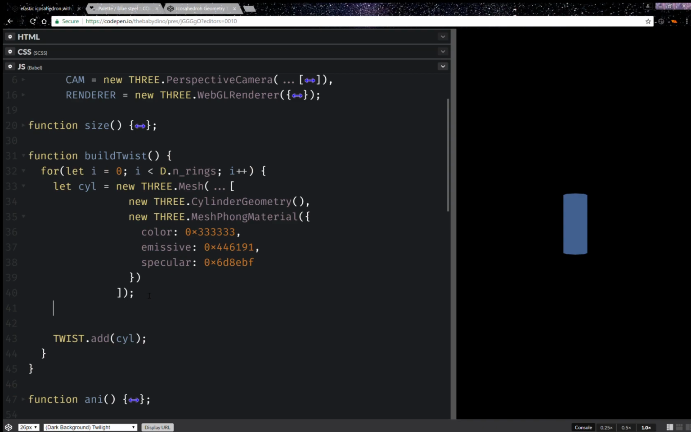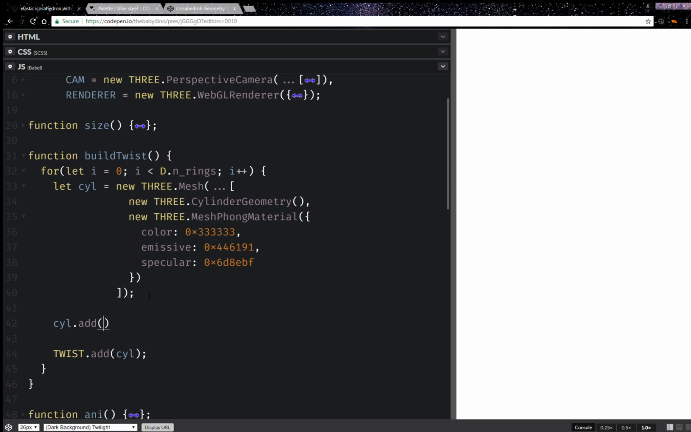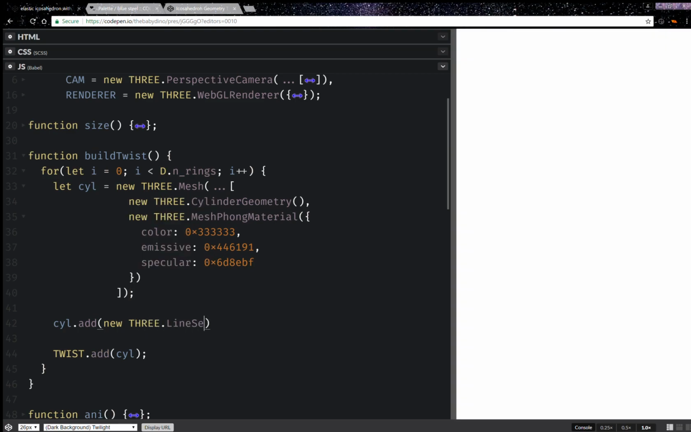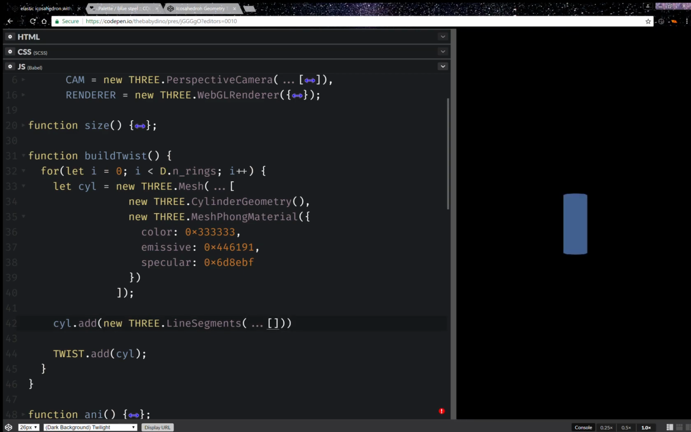Now I'm going to want to highlight the edges. So I'm going to have cylinder add. So here I'm going to highlight the edges by adding some line segments. So that's new 3 line segments, and again I'm going to have a geometry and a material. New 3 edges geometry,